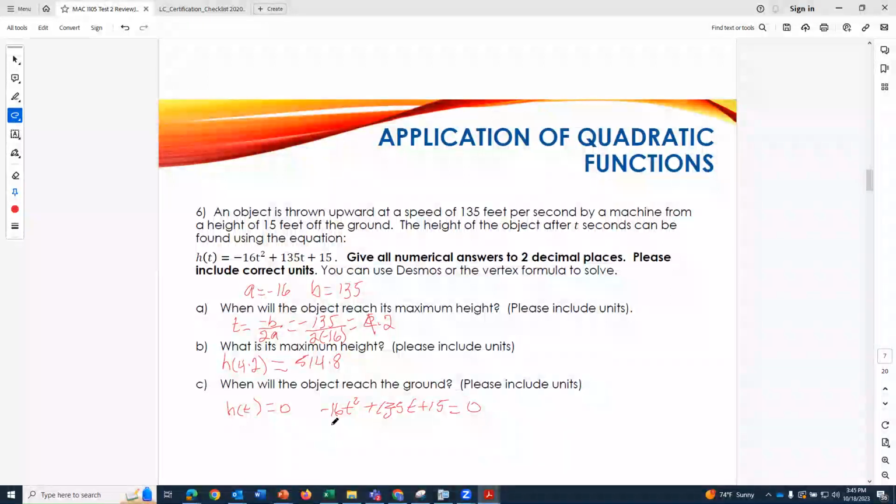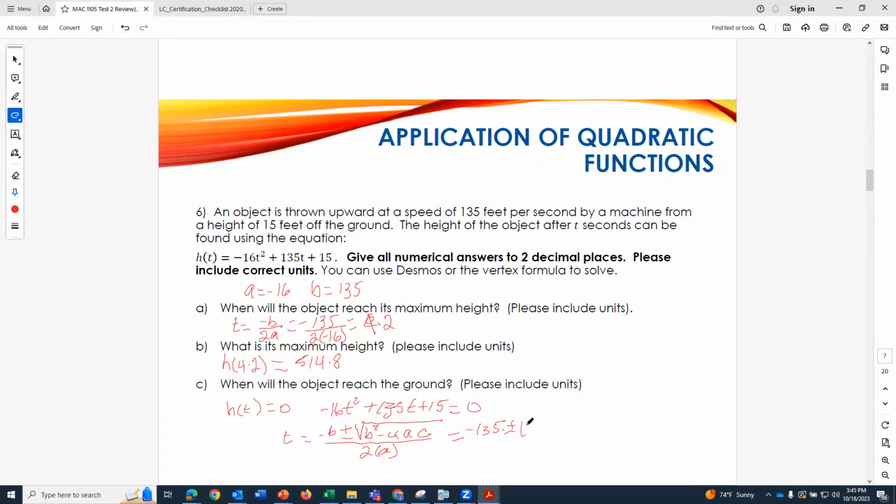In this case, we can use the quadratic formula. t equals negative b plus or minus square root of b squared minus 4ac over 2a. My b is 135, that will be negative 135